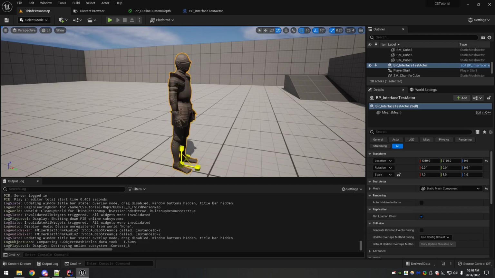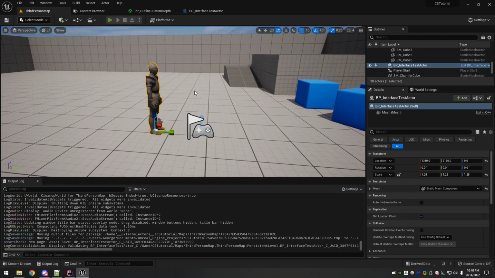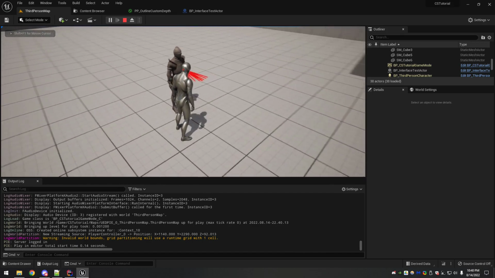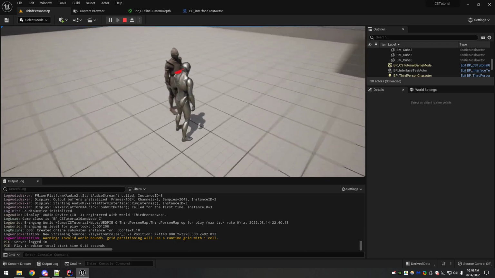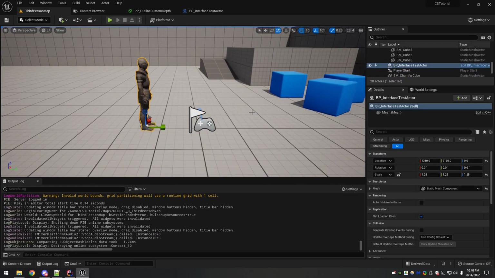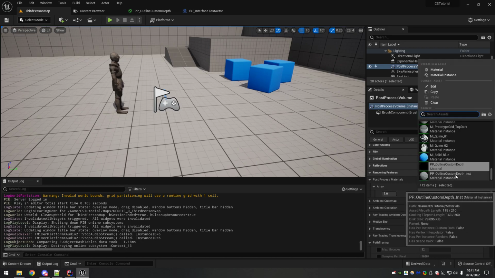There we go. Now what we expect to happen is once this line trace hits this, it will highlight. It did not work. So let me sort this out really quick. Okay, so I sorted it out, and the mistake I made was I chose the wrong material. So do not choose the material instance, choose the material itself.